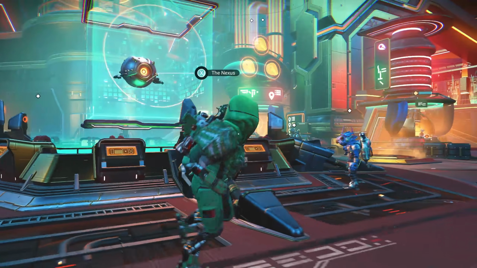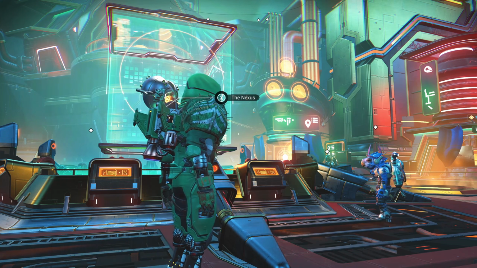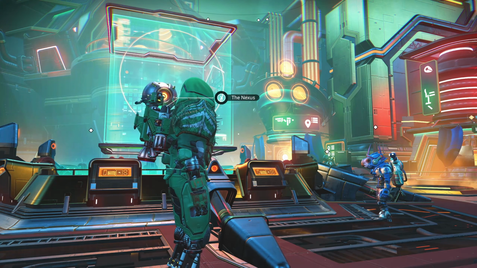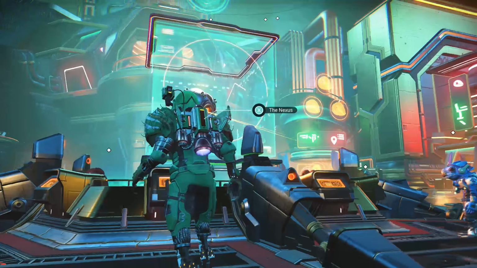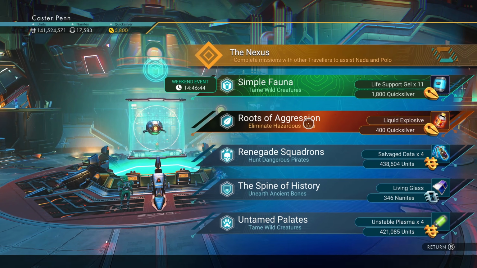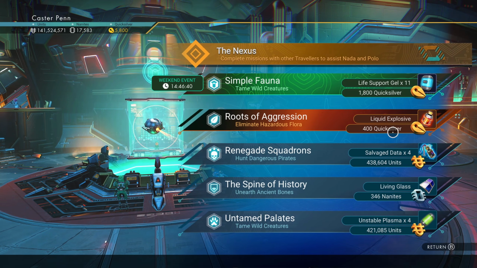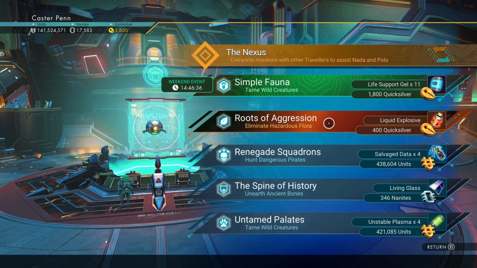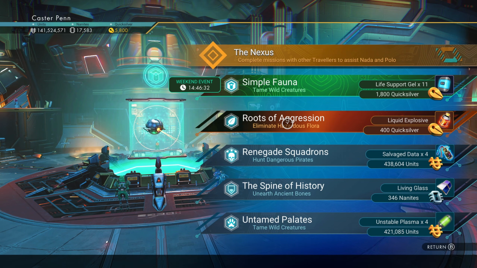Now, the 3 bobbing up and down there are my normal Quicksilver missions. So I can do 3 Quicksilver missions throughout the week. I don't lose those 3, they just carry over within the week, but I can't do any more than 3 as far as I'm aware. So this is this one here, Roots of Aggression, so eliminate hazardous flora. You'll get 400 Quicksilver for these 3 missions, and liquid explosive. You can do these 3 missions in a row, you can do them whenever you want, but essentially you'll get 3